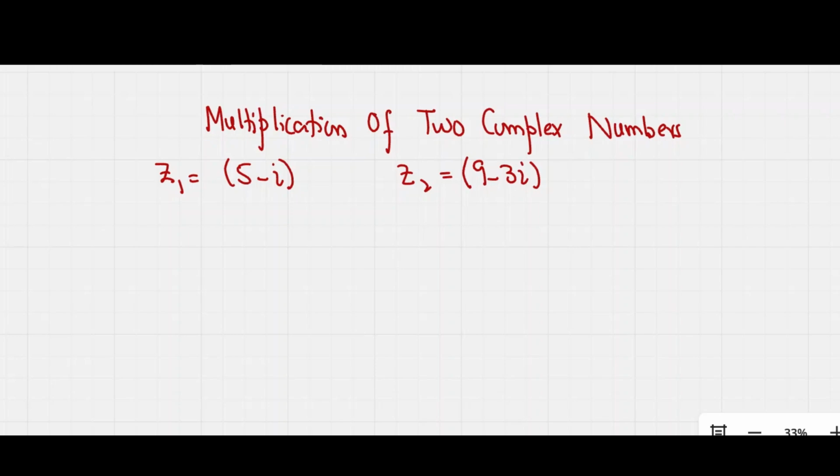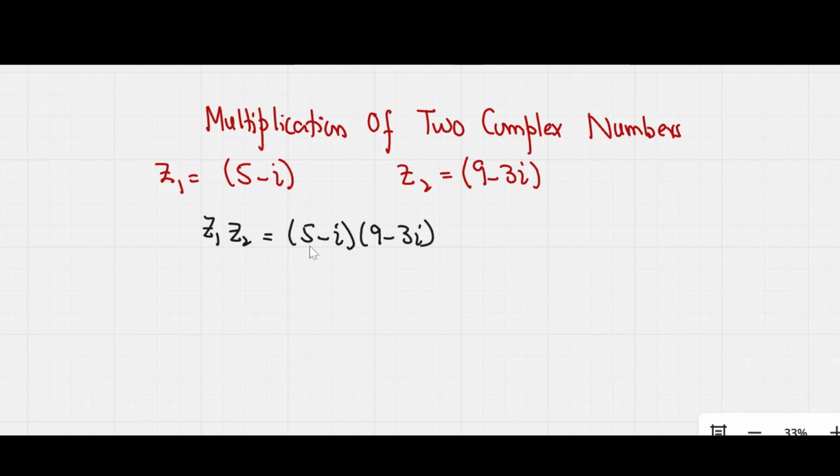Here we have an example where we want to multiply two complex numbers. We have one complex number z1, which is equal to 5 minus iota, and z2 equal to 9 minus 3 iota. And I want to multiply these two complex numbers. Let's do the multiplication. So we have z1 times z2, that will be equal to 5 minus iota times 9